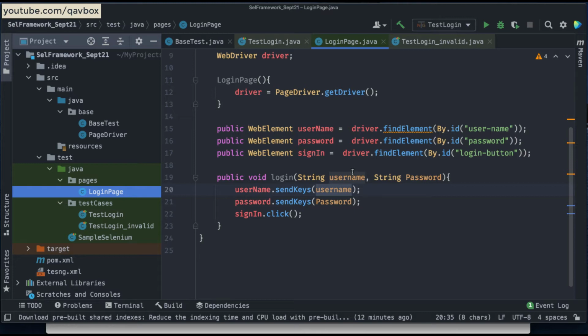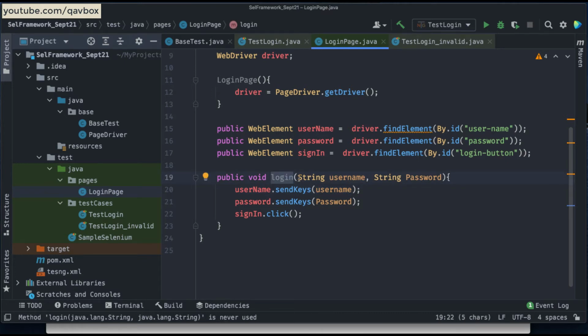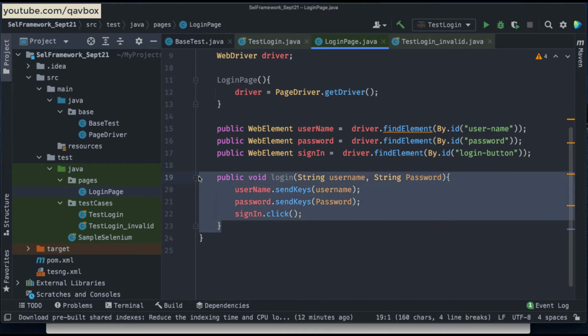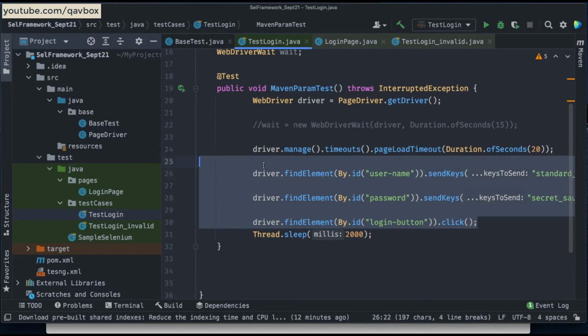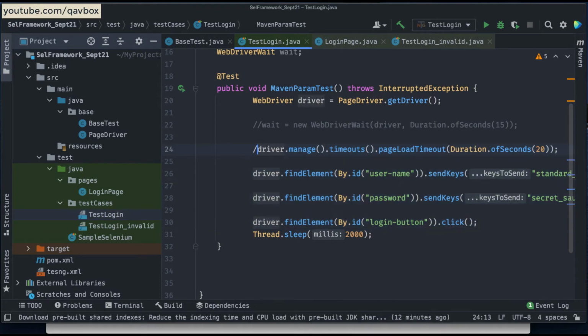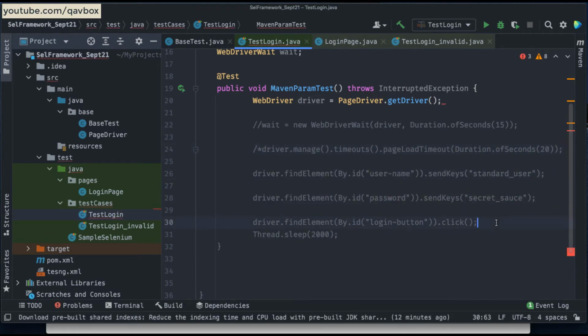So this is nothing but when you scale your test cases, when you are increasing your number of test cases with different parameters and scenarios, your method should be able to handle those things. For valid credentials, for invalid credentials, now my login method can handle that. What I'm going to do now, I don't need all these things, right? So I can just comment all these things. Okay, so here I'll take it like this.